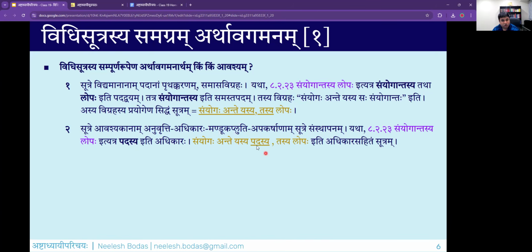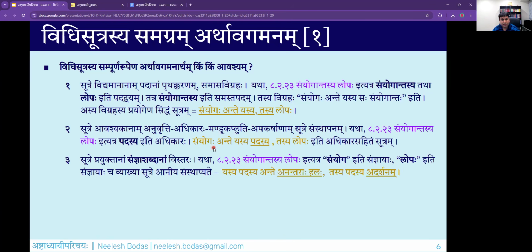Even for pada, but the grammatical meaning of pada, suptingantam padam, is almost the same as the word pada that we use in our day-to-day life. So we will keep that aside. For simplicity, I'm keeping that aside. Technically, when you do the full expansion, you also need to do the same exercise for pada. But let's keep that aside for now and focus on these more technical terms called Sanyoga and Lopaha.